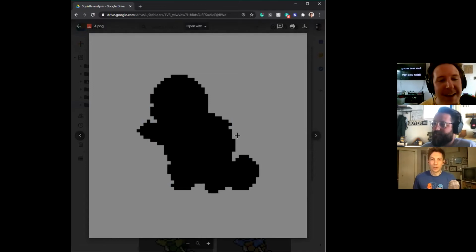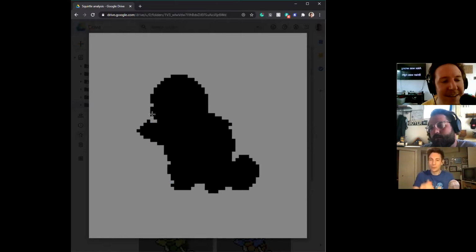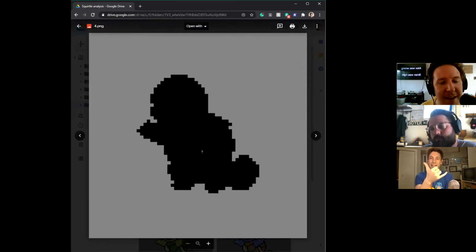Yeah, before. This one is interesting to me. I'm curious what's going on in his face. It looks like a really heavy brow or something, and then that's his mouth. I don't know what that is quite yet. So yeah, and then his hand kind of looks like it's doing this, which is pretty cool. But